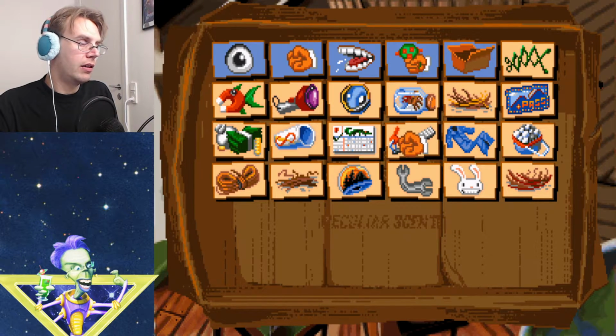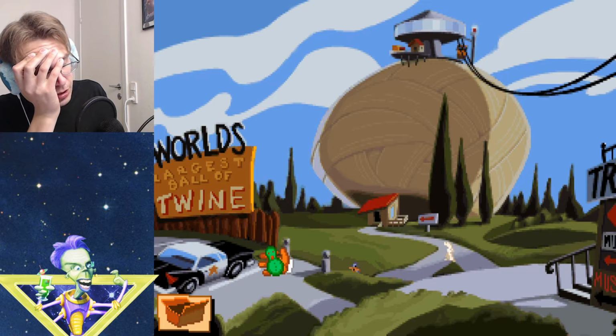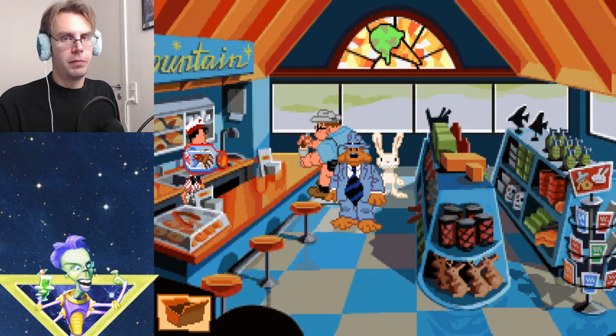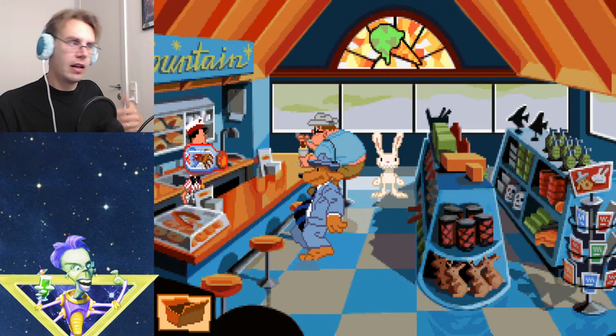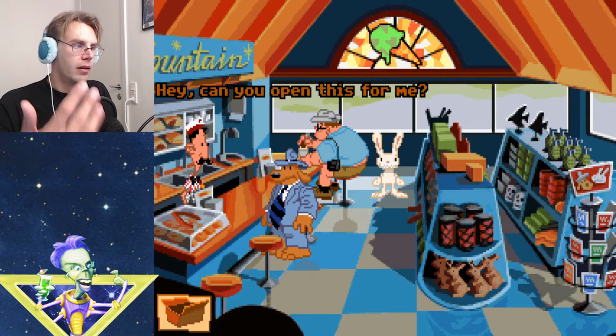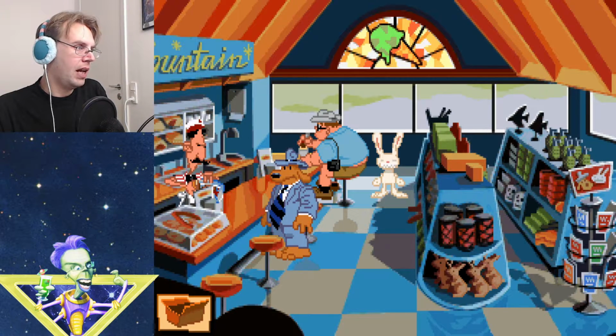Let's get... Oh, wait. We need to open this jar first. Hang on. God, this game needs a travel icon. Alright, so somehow you're supposed to be able to guess that this... Well, actually, if you talk to this person, he says that I can open any jar in the world, so... Sure, ain't a jar made. Yeet this disembodied hand at him, and...